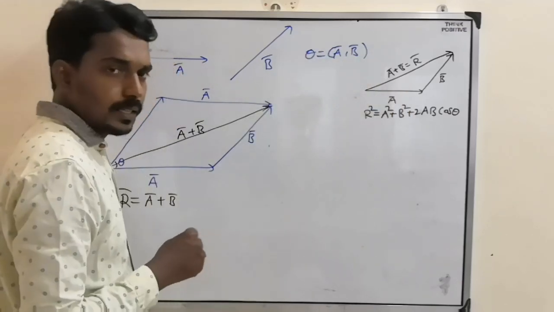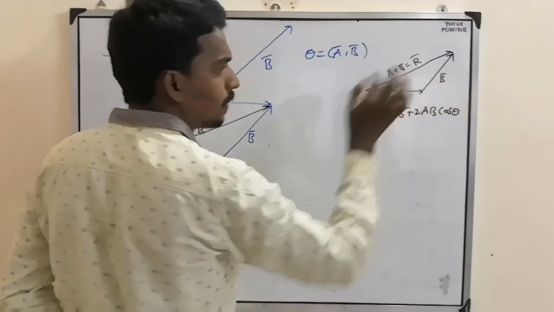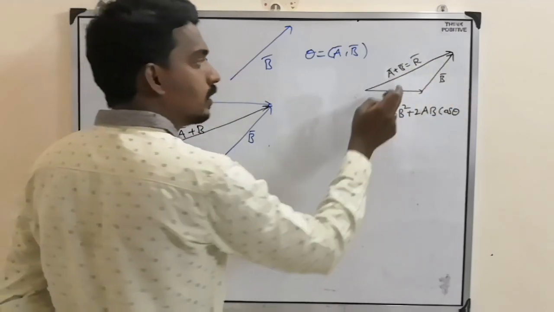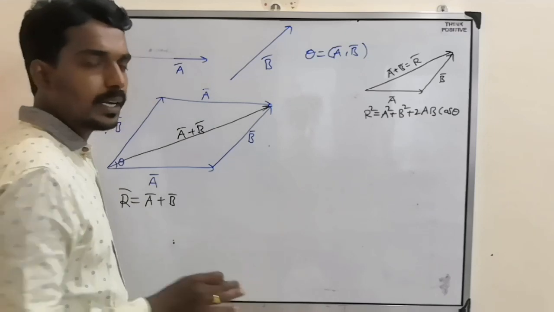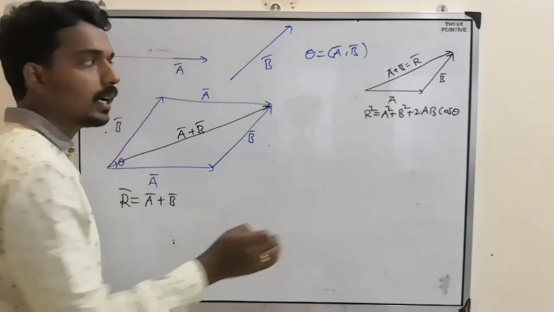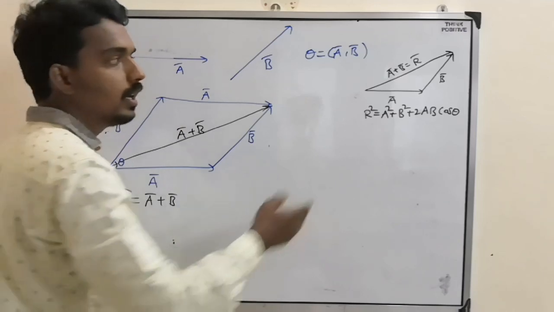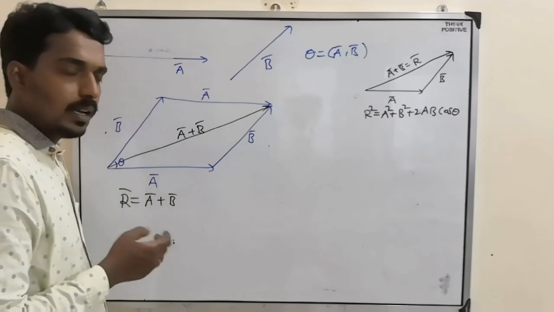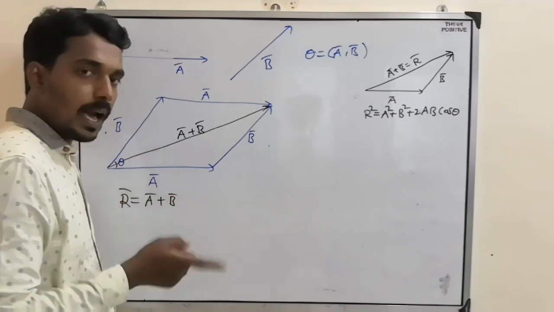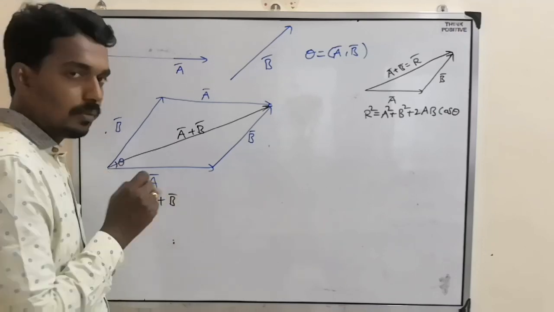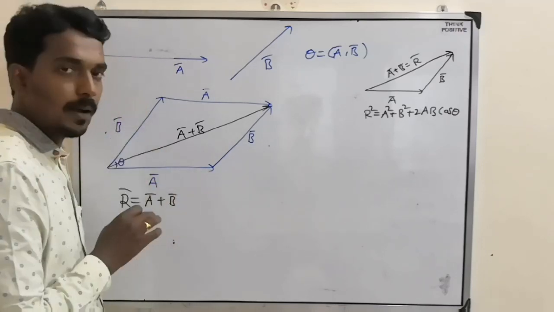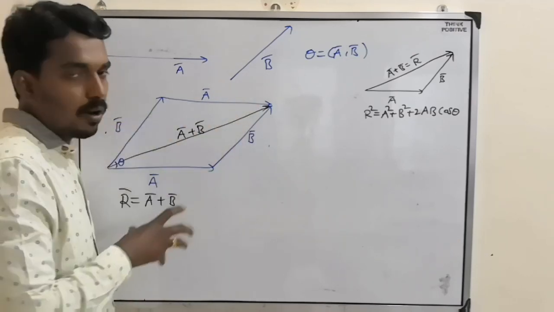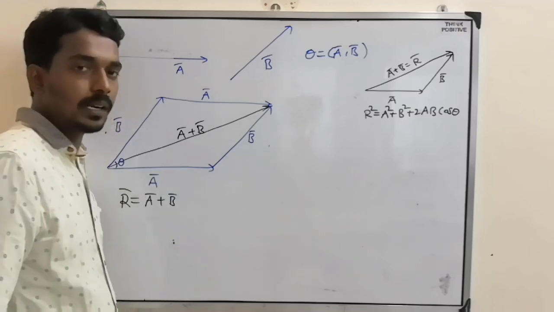The triangular law of vector addition says, if a bar and b bar are drawn as two sides of a triangle, then the third side gives you the resultant of a bar and b bar, nothing but a bar plus b bar, which is called the resultant or addition of a bar and b bar. Similarly, if you draw a bar and b bar as two adjacent sides of a parallelogram, then the diagonal between them gives the resultant. This is called the parallelogram law of vector addition.